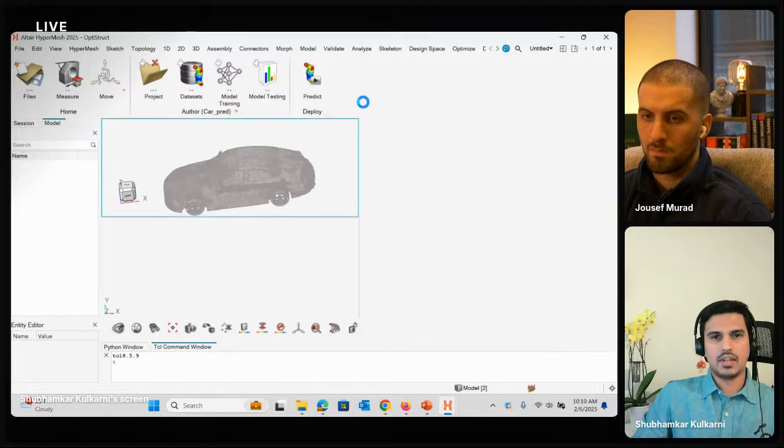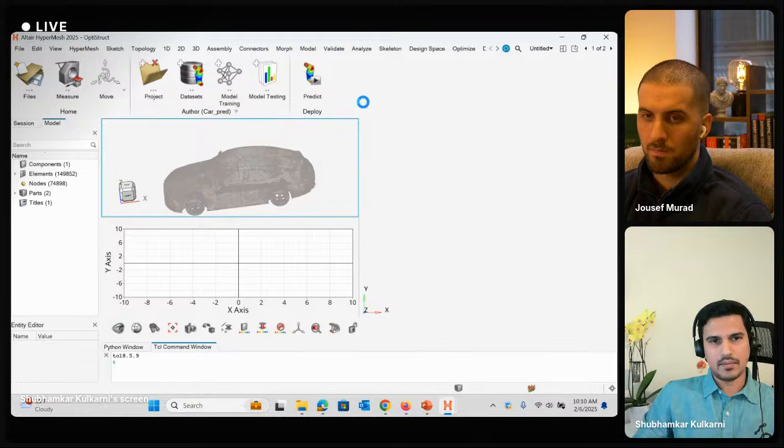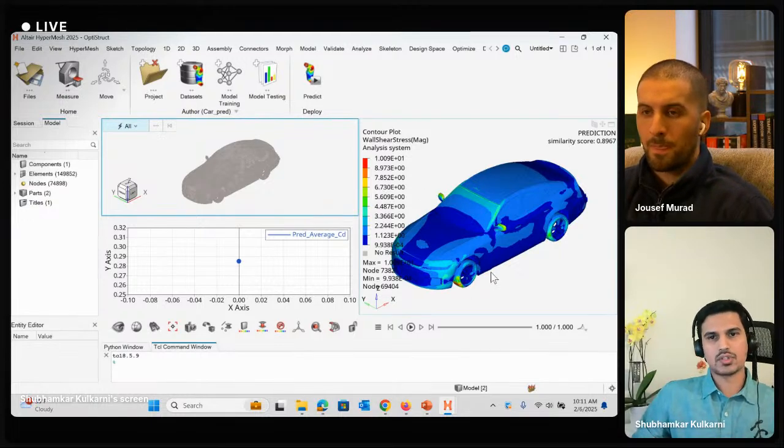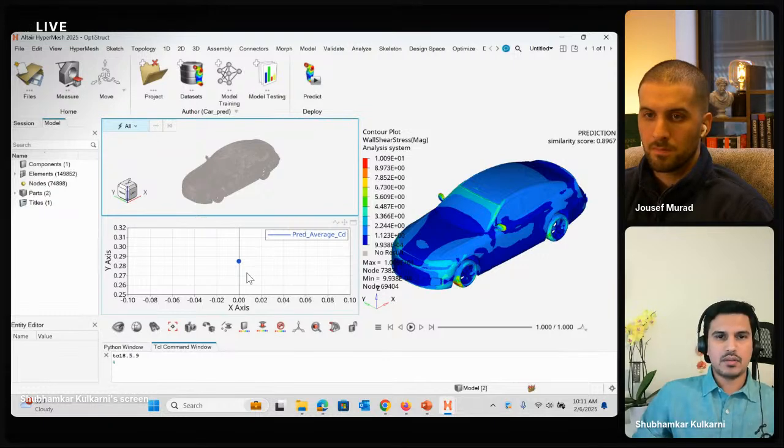So in less than a minute, we have an evaluation for a complex model, and we have both a scalar response and a field prediction. So in this case, the wall shear stress on the car body, and then the average coefficient of drag for the vehicle. So you can imagine how much time savings are now achieved for the organization as a whole, because